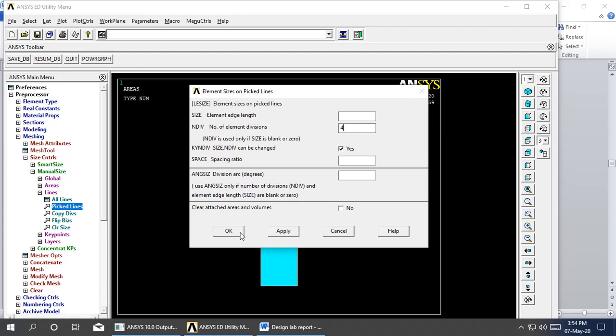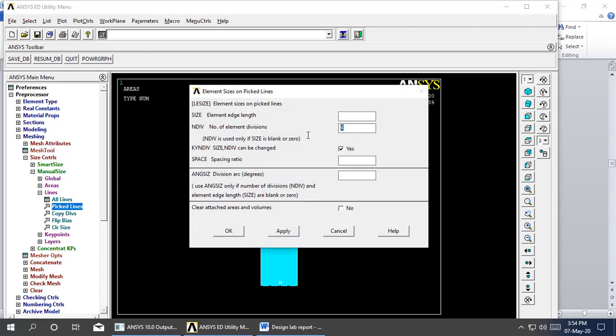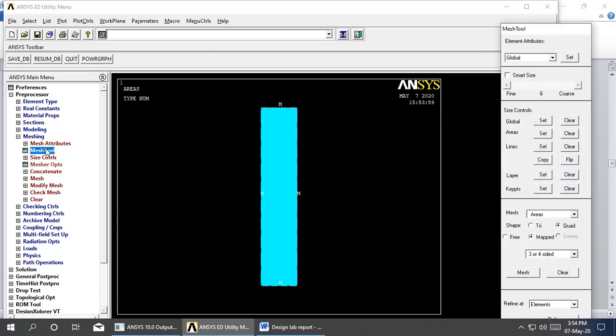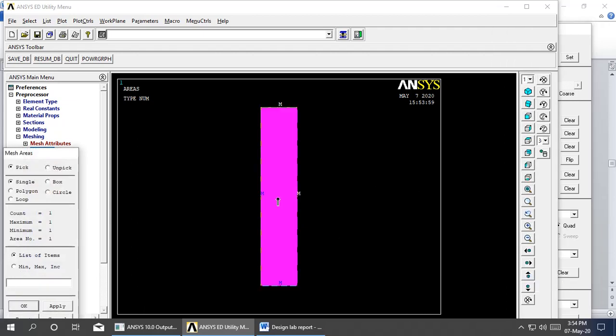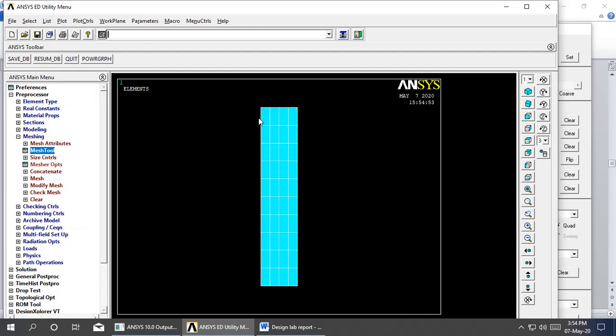If you want fine mesh, you can go for 8. You apply and select the left and right side of the cylinder and give it 10. Okay. You have to go for the mesh tool. You need to select map, go for mesh, select the area. Okay. So we are getting 4 elements across the rows and 10 elements across the column.